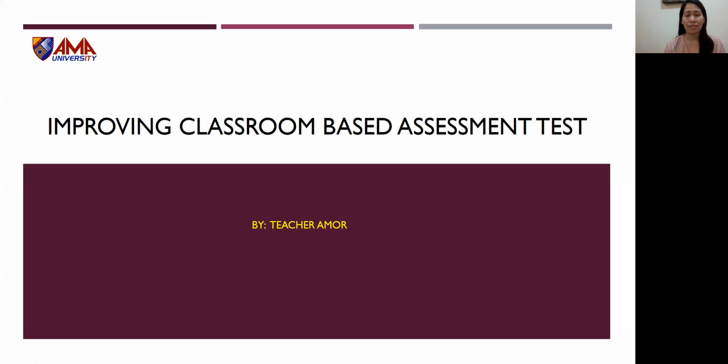You will be able to analyze basic concepts, procedures, and techniques in judgmental item improvement, and examine a checklist on how to assess the quality of test items in the different types of tests. You will also compute the difficulty index accurately, and learn how to improve classroom-based assessment tests.